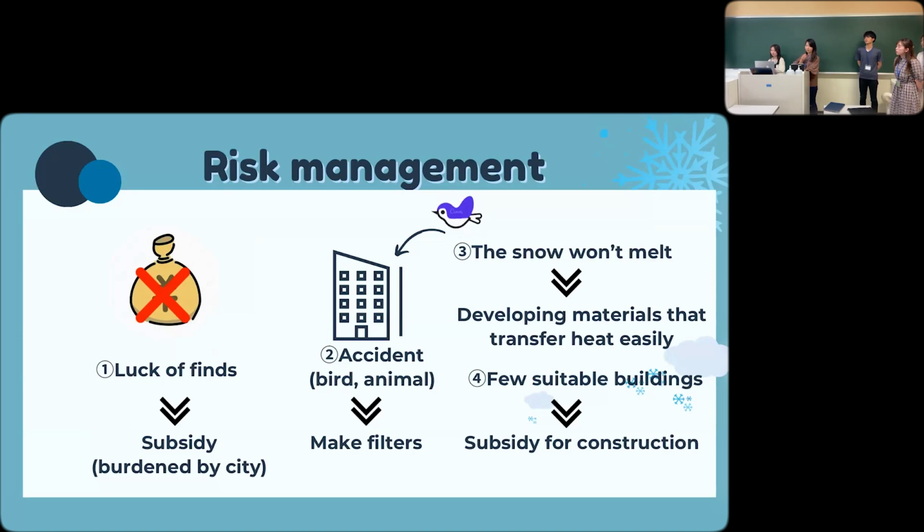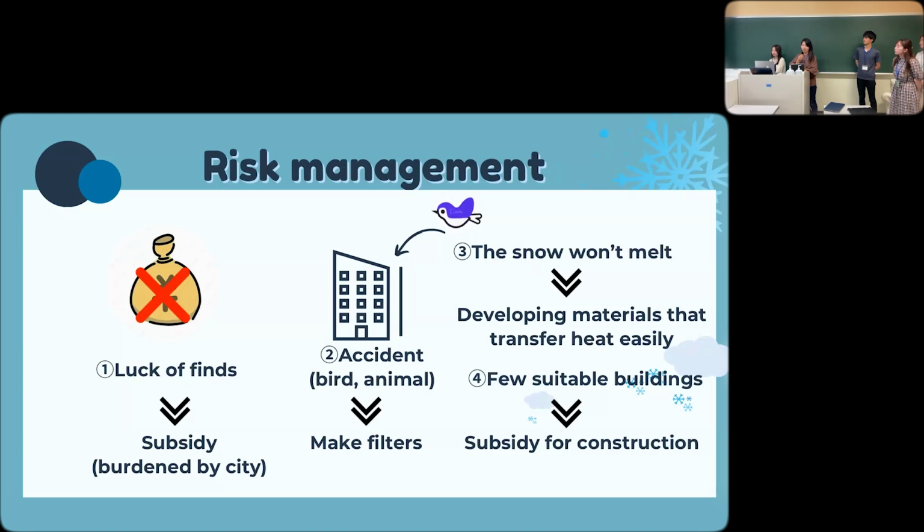The next possible risk is the entry of birds and animals from above. This can be prevented by installing something like a membrane on the entrance to block access from the outside. Third, snow